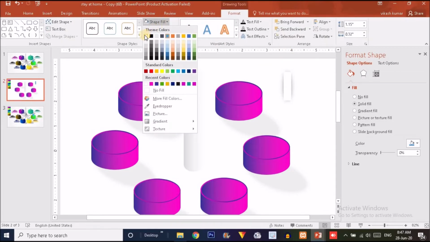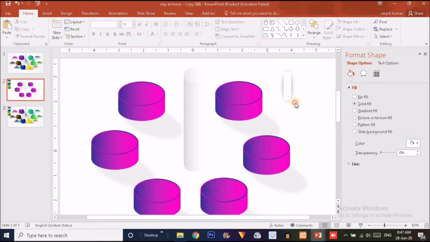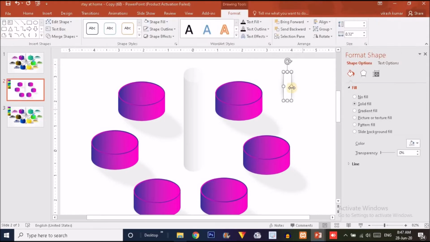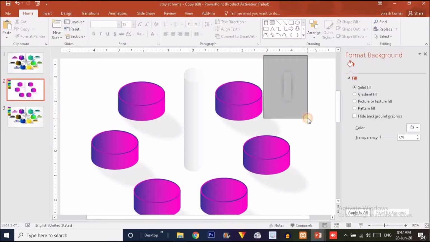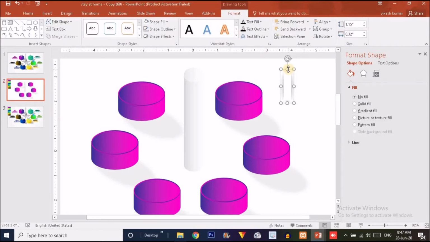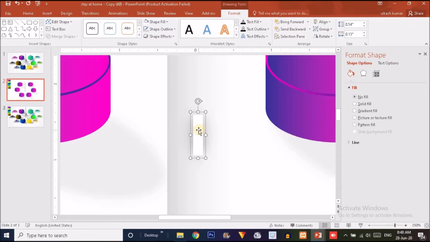So now it's time to change the color of this rectangle. I'm going to choose a white color for this, and make it a single group by pressing Ctrl G on the keyboard. I think the rectangle should be greater, so keep this over here. Okay, but before placing it, I'm just going to decrease the size of this to this. Now zoom in so that we can see it clearly.